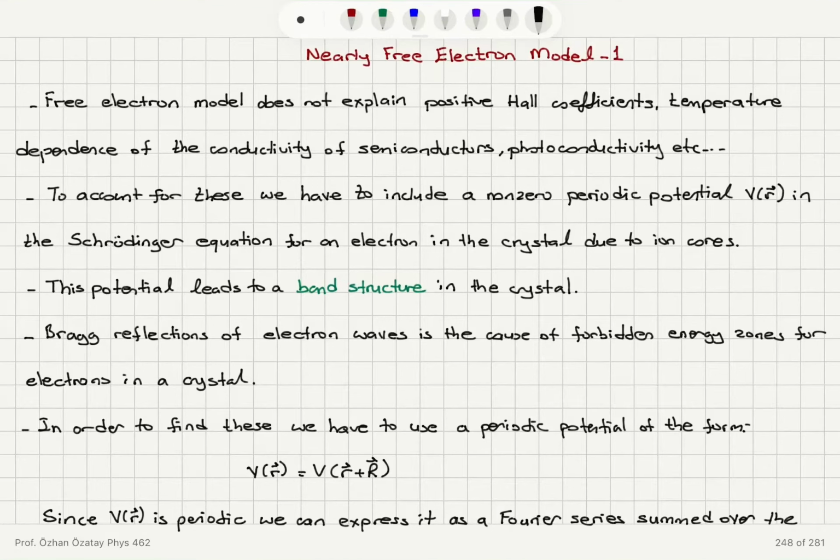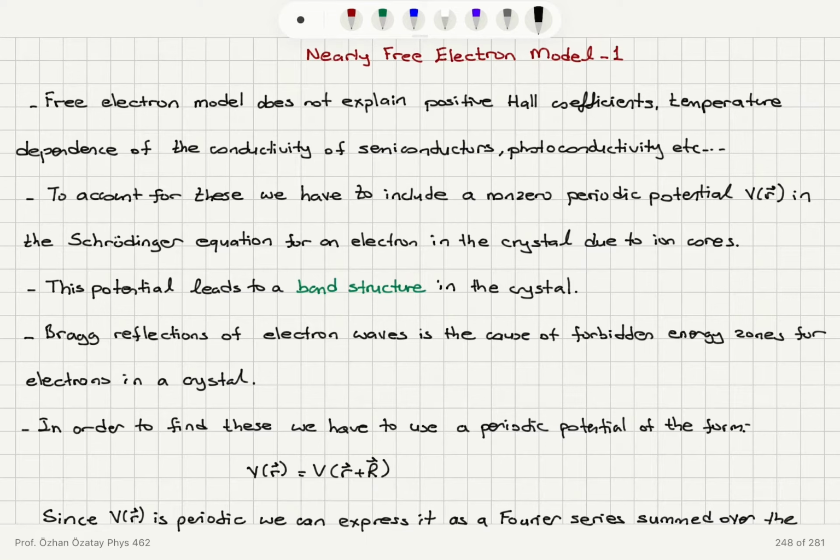There are several experimental facts we have difficulty explaining using the free electron model. These are the positive Hall coefficients that we see occasionally, the temperature dependence of the conductivity of a semiconductor, photoconductivity, etc. So there are several experimental findings. Now, to account for these, we have to include a non-zero periodic potential in the Schrodinger equation for an electron